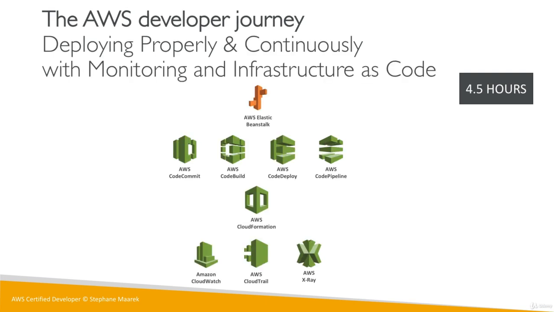Once we are there, I want us to go directly and do things properly. I want us to properly deploy an application. I want us to have a CI/CD pipeline, so we have continuous deployments. I want us to have infrastructure as code and monitoring enabled. A lot of courses push these to the very, very end of the course. I like to have this at the very, very beginning of the course because to me, if I don't show you right away how to do stuff properly, you won't do stuff properly. So we're going to shift things around and do the fun stuff first. This is going to be 4.5 hours, and I think it is one of the most fascinating sections of this course.